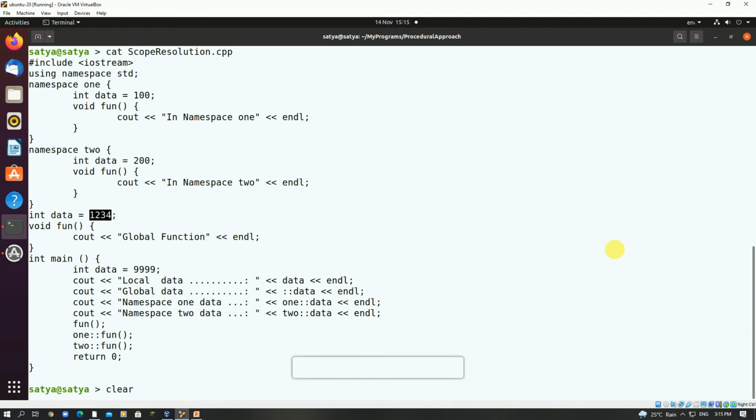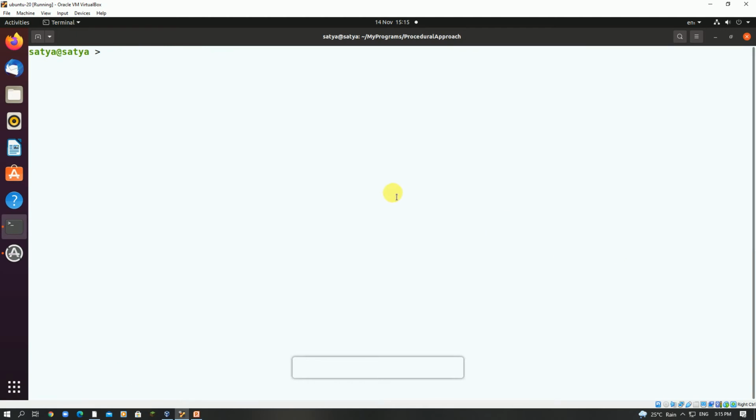Okay, now I just wanted to show you something here, pretty interesting. What we'll do is generate a .o file here, scope resolution, minus c.